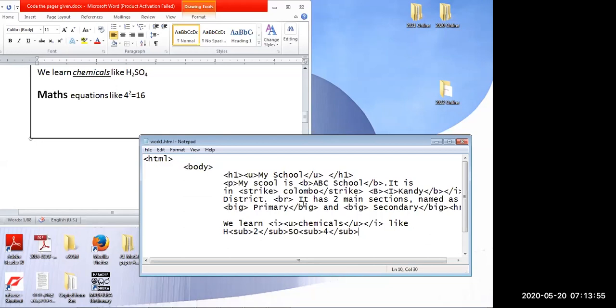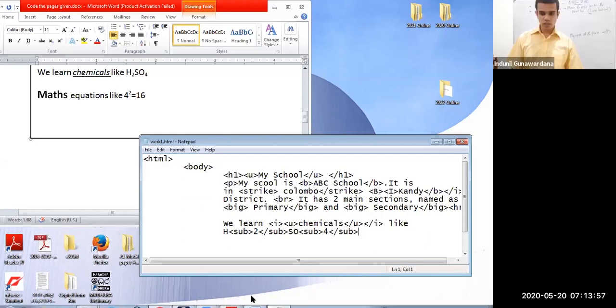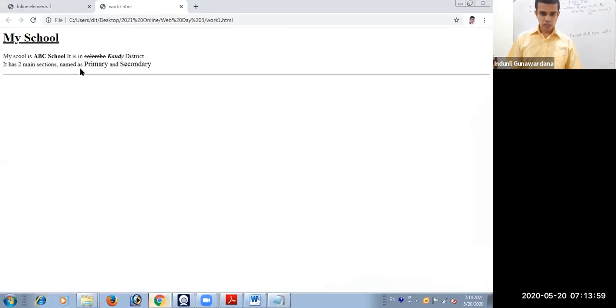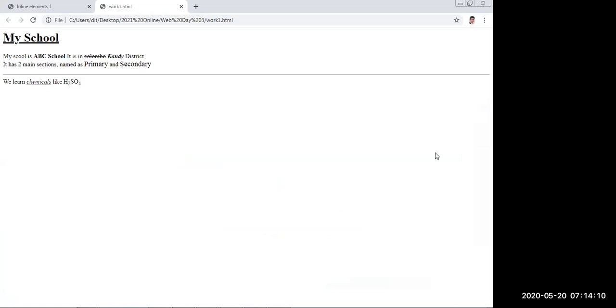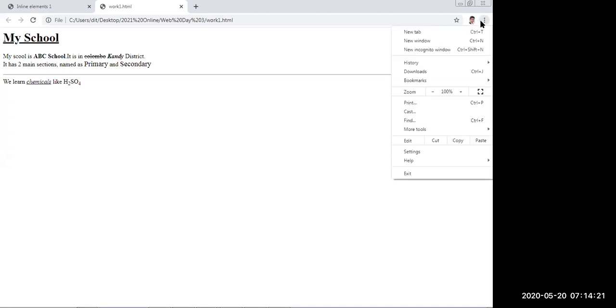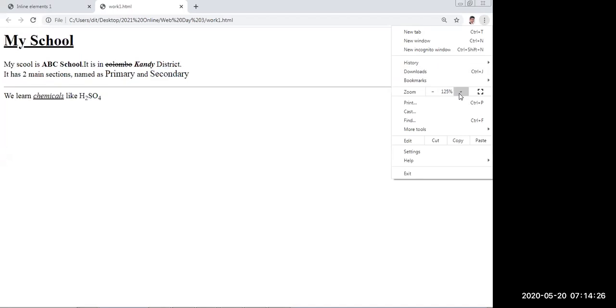Now I'll see how my output comes in the web browser. I think this method is okay for you. Right. After the horizontal line, we learn chemicals underline. So can I zoom this? Now you can see this clearly, right?